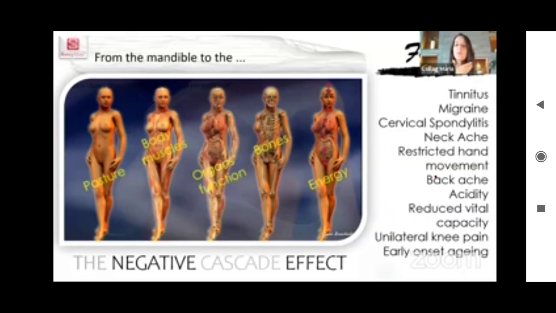If the mandible moves laterally or the condyle moves away from its position, for example, the left condyle is pushed into the fossa, the right condyle comes out from the fossa. Therefore, the patient may feel some kind of tinnitus. So the migraine, cervical spondylitis, neck ache, or restricted hand movement are all negative cascade effects, step by step,